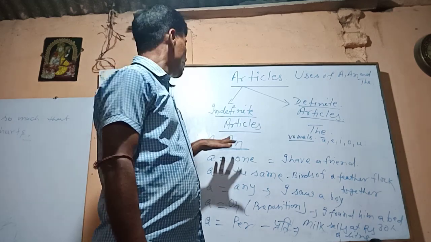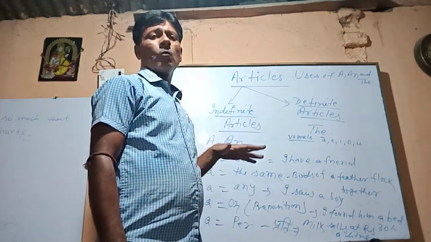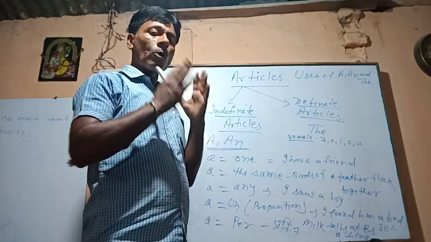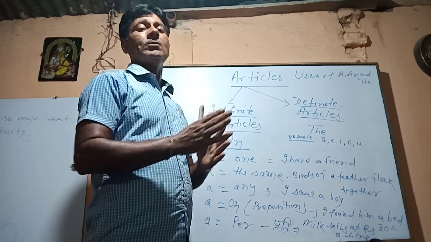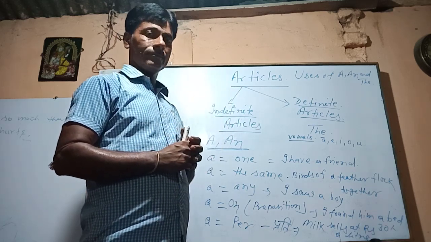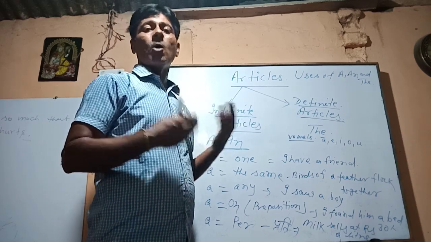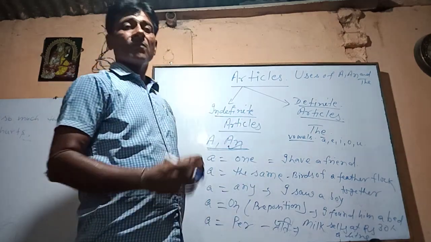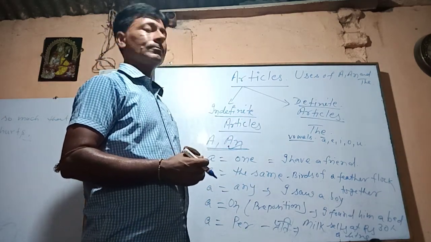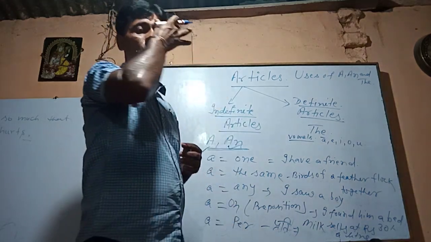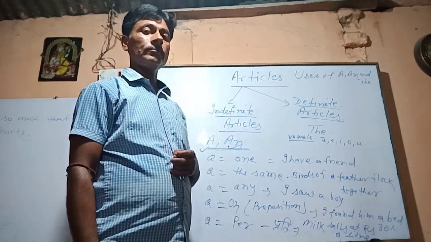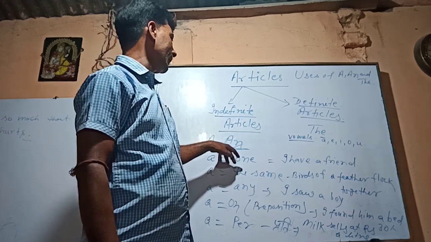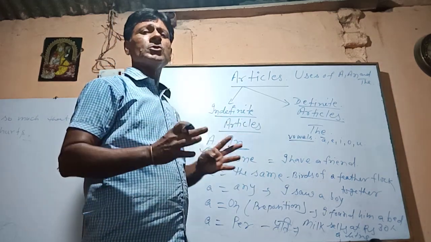When we use A or an, we don't have to look at the letters used in a noun. We are only concerned to see what sound it begins with. If the noun starts with a vowel sound, we use an. If a noun starts with a consonant sound, then we use A before that noun. One thing I would like to make very clear here: A or an is always used for a singular noun.